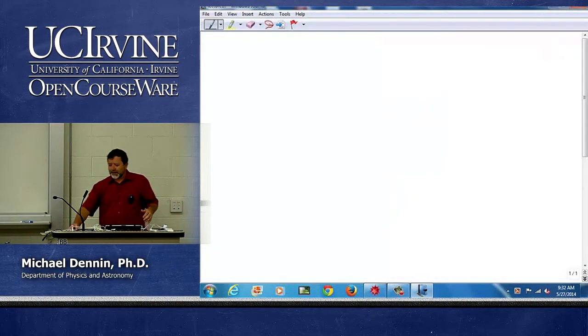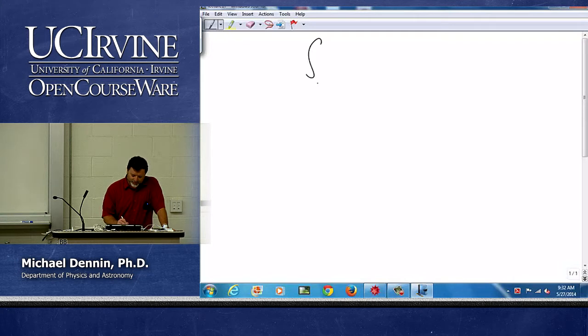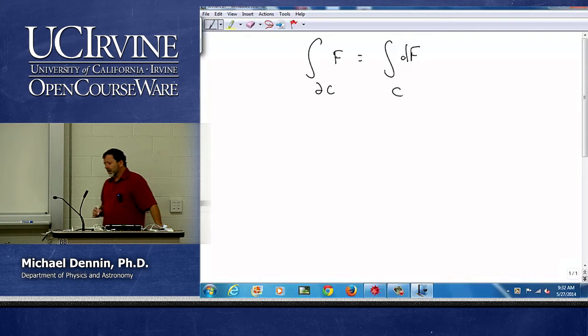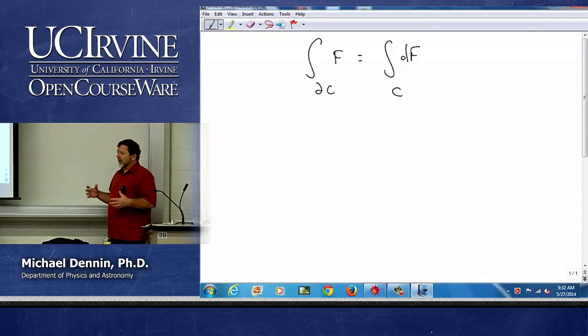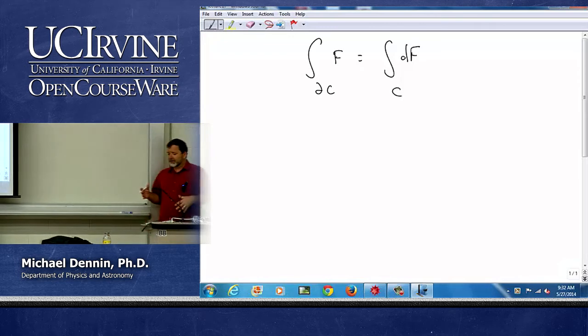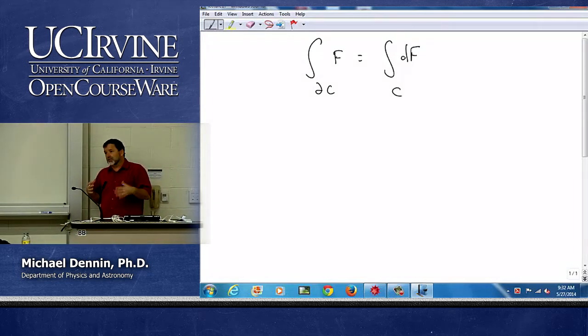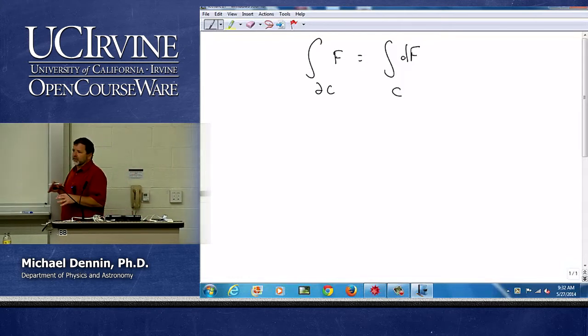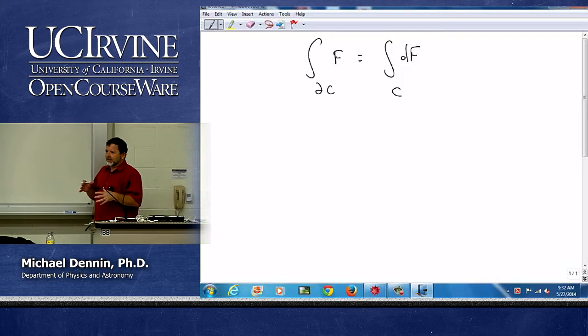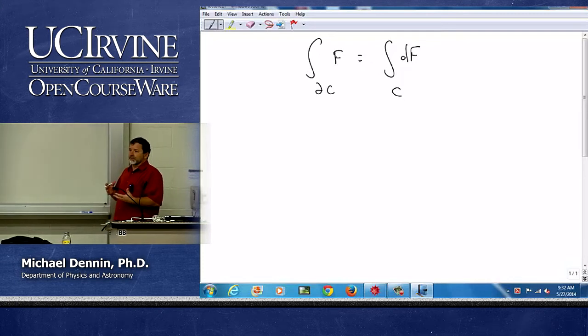So the first thing I want to look at is, if you recall, our theme has been integrals around the boundary of something of the function is the integral of some derivative of the function over the thing. We have two big ones with divergence and volume and curl and areas. What we're going to do is actually do a partial derivation of the divergence theorem. And it also gives us a really good feel, I think, for the divergence and what